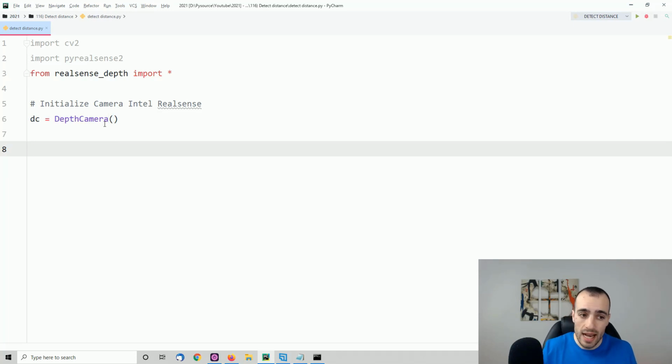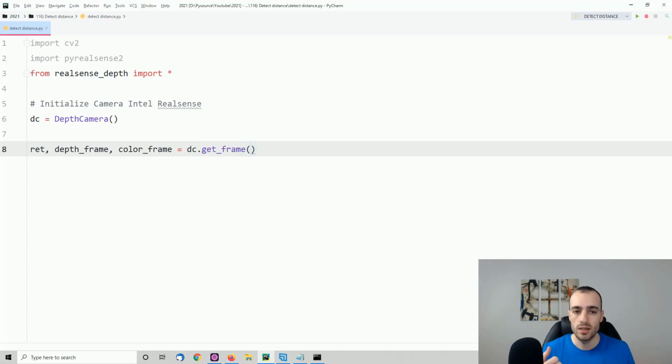Now from that camera we can easily import the BGR frame, so the color frame, also the depth frame, and in just one line, ret, depth frame, and also color frame equals